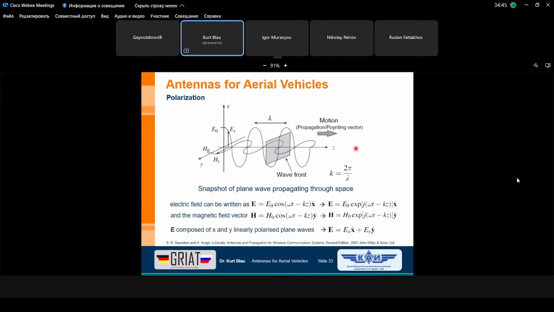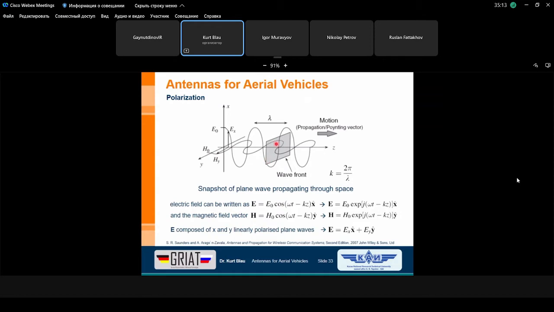The z-axis here is the direction of motion. And then we know that our H field component is perpendicular to this one, meaning in the y-axis plane. This is shown here. And if you make a snapshot at a certain point along the z-axis, at this moment this is our wavefront